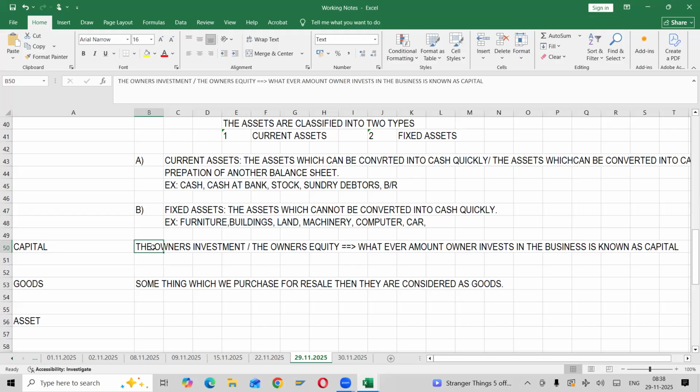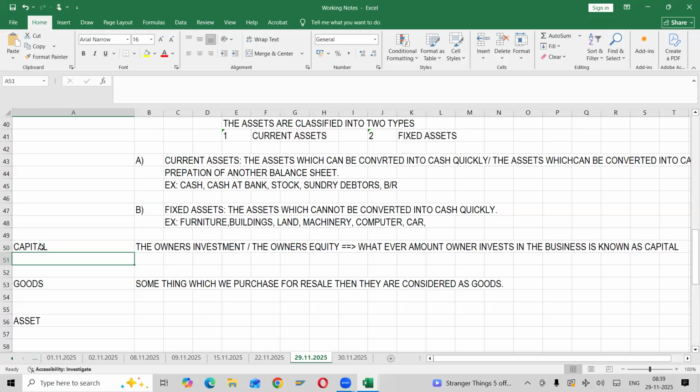Majority of people will pull our legs regarding capital. Capital is simply the owner's investment, right? So whatever amount the owner invests in our business, in us, we need to return back. That is the reason capital is considered a liability. Clear? Always, capital is a liability. And the thumb rule is we need to consider ourselves as a business, as an artificial person. I will come to that later.